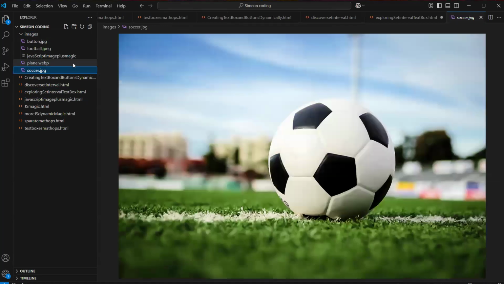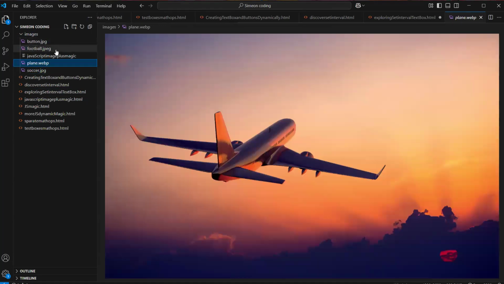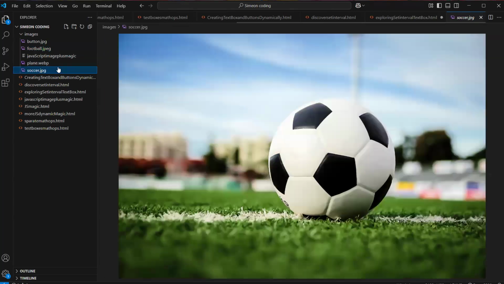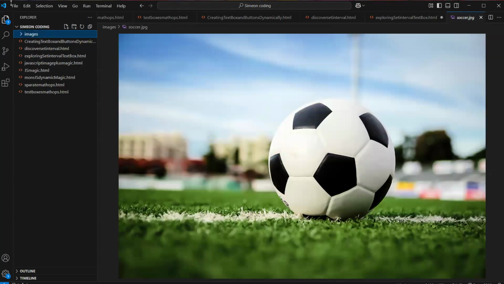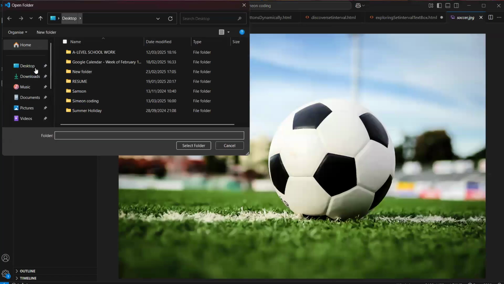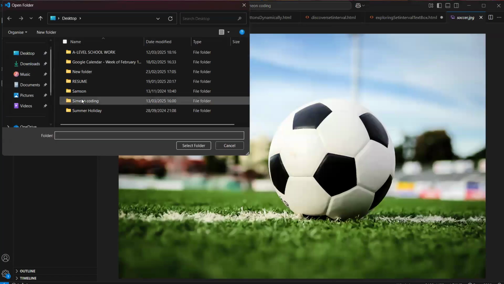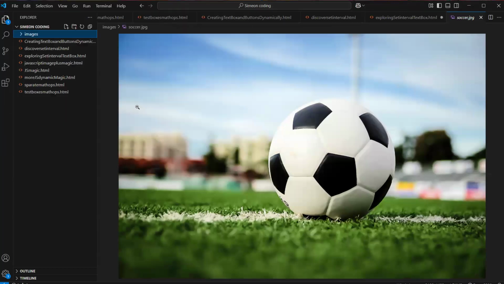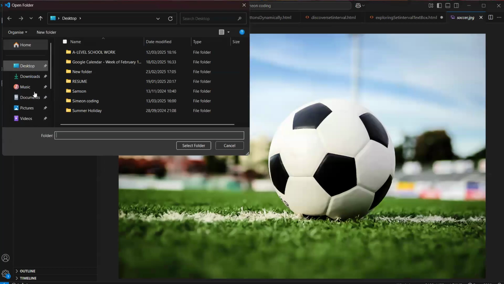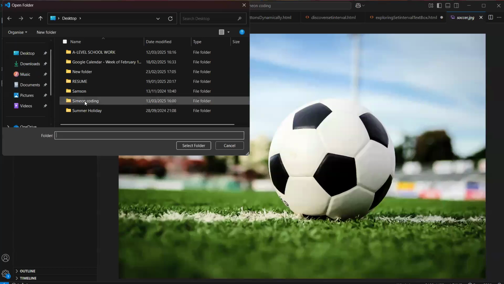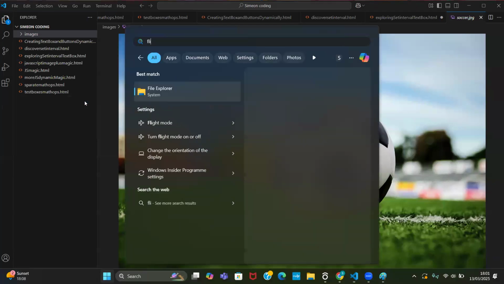Not here, File Explorer. Go to File Explorer, not here. This is not File Explorer now. You're still in Visual Studio.